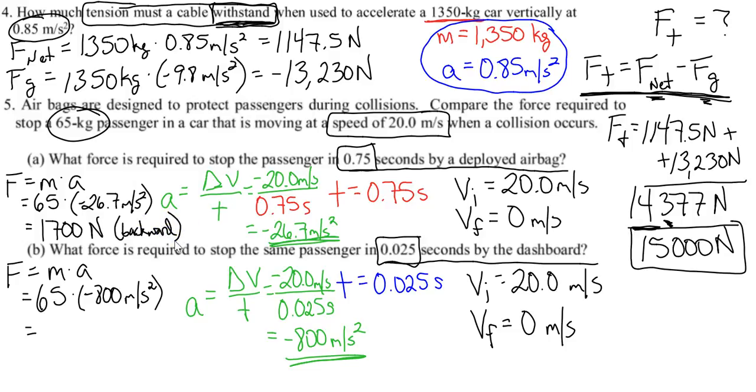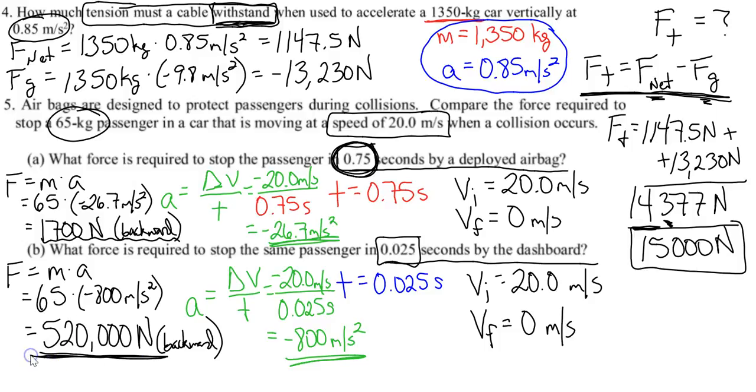And the force acting on the passenger by the dashboard is approximately 520,000 newtons backward. So you can see that by increasing the amount of time that it takes for something to come to a complete stop, we decrease the net force substantially, which would then save the passenger's life, versus having all of this force applied to them by the dashboard, which means that something very bad